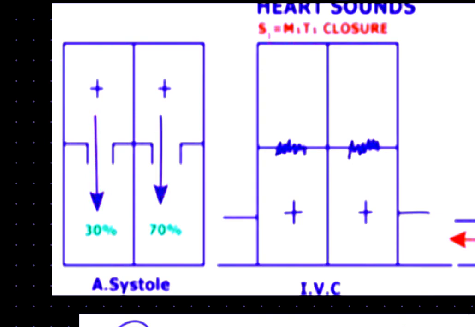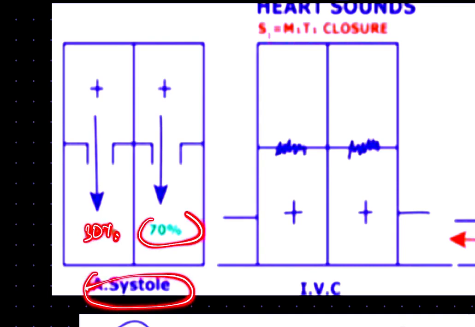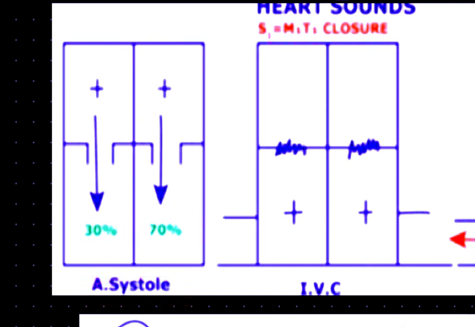About 30% of filling of the ventricle occurs because of this atrial systole, whereas the remaining 70% of filling of the ventricles is because of the rapid filling phase. After this, there will be less volume of blood within the atrium, so there will be less pressure also. Because of less pressure, this tricuspid valve and mitral valve